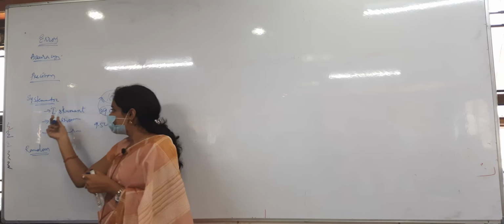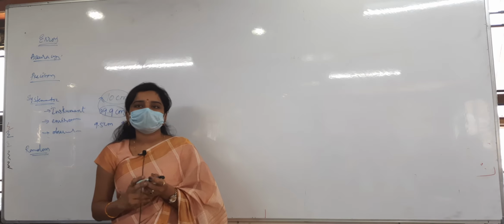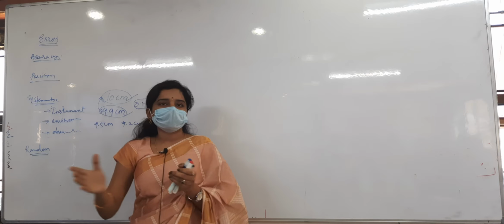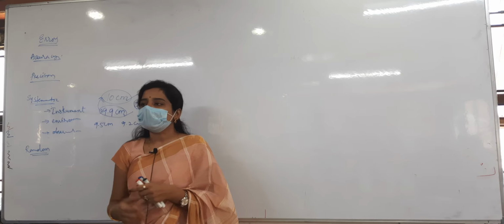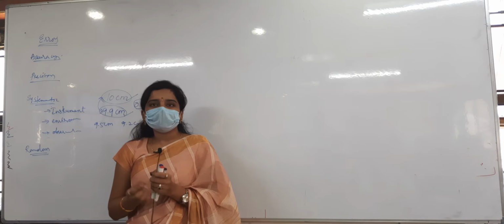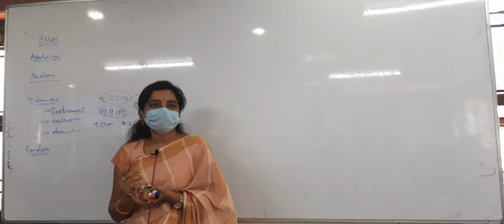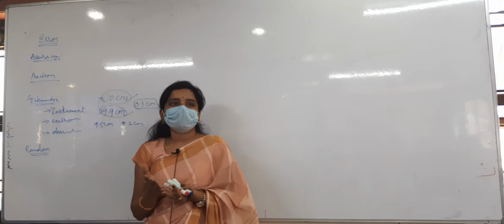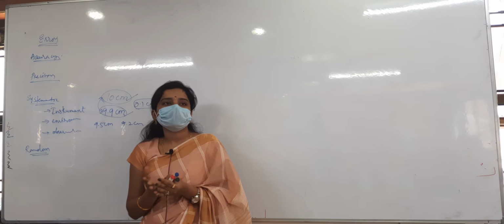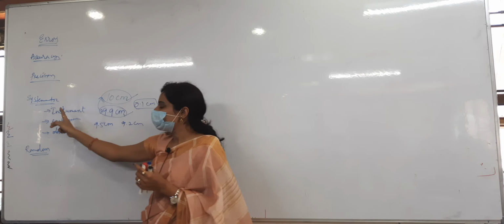In that, the first type is instrumental error. Some instruments, when we use them for a longer time, for example a plastic centimeter scale, a 30 centimeter long scale, if I use it for a number of years, then what happens? The first numbers will go, correct? It will wear off. That is due to instrument error only. And manufacturing defects will also be there. For example, metal scales will not all give the exact value, due to manufacturing defects. So this is about instrumental errors.